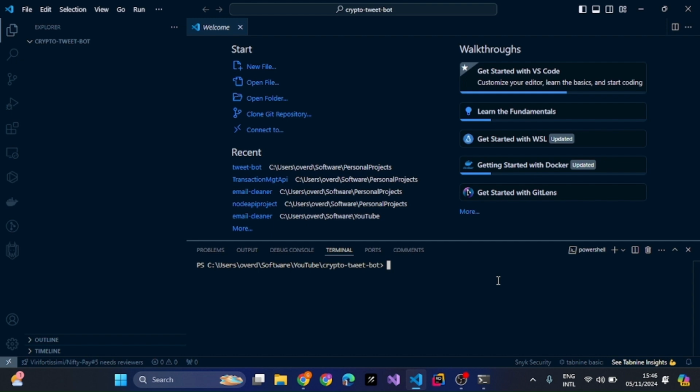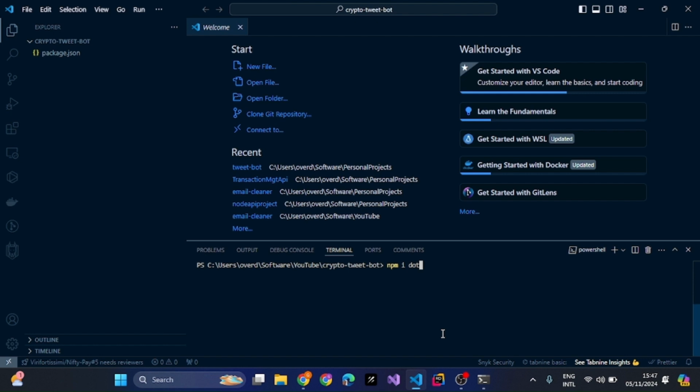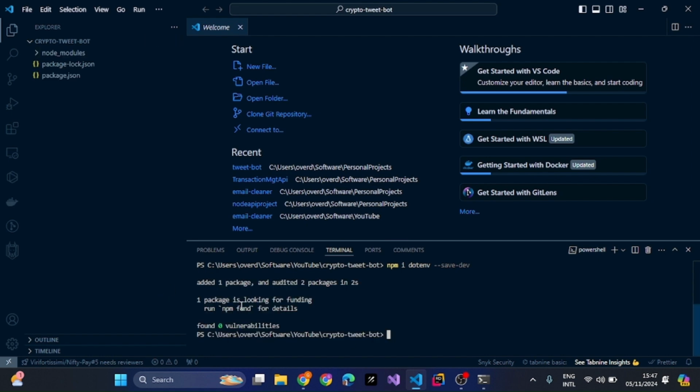So we're going to get started installing them right away. Let's start with npm init -y. This is going to initialize a new Node.js project for us, creating a package.json. So I can clear the screen and commence installing the packages. I'm going to have dotenv, save dev. So I'm going to be installing that as a dev dependency for our project. And also I'm going to be having some other